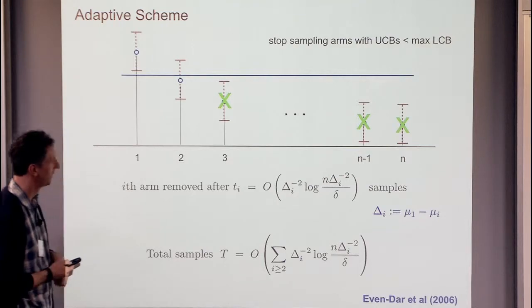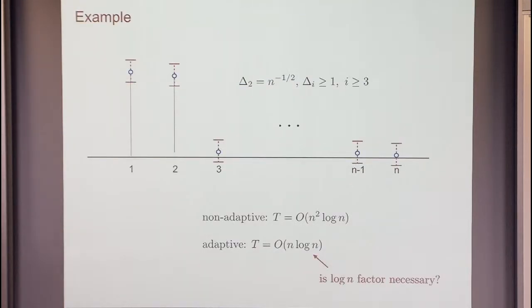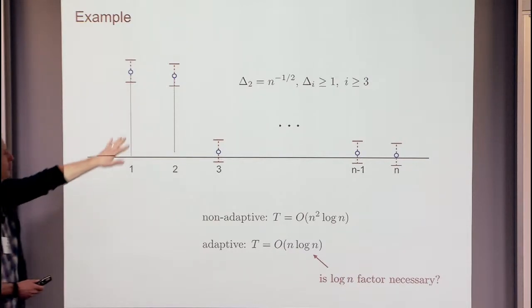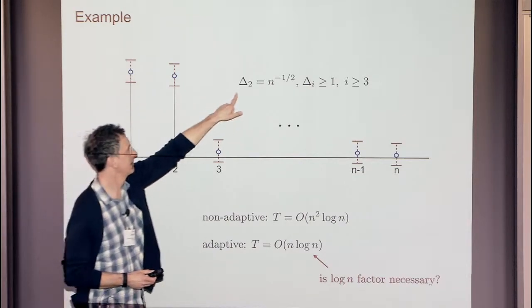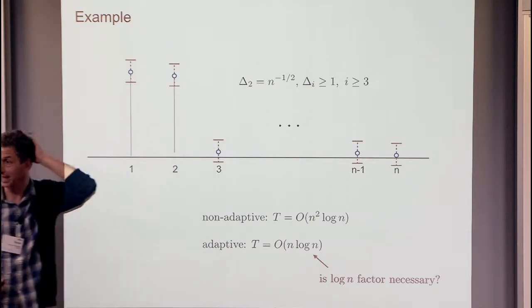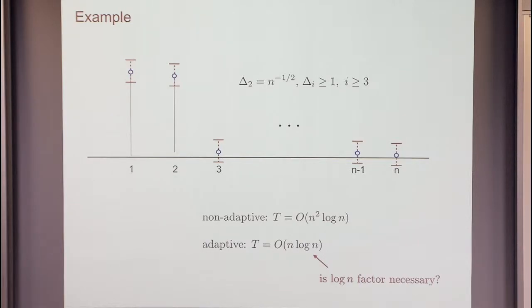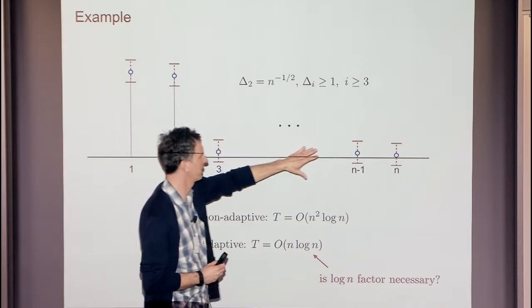And let me just show you an example that kind of illustrates this. So let's look at a case where we have basically two good arms, one slightly better than the other. And in fact, let's make the gap small, shrinking with n. Let's say it's 1 over the square root of n. So those two are pretty darn close. And so you should think we ought to pay most of our attention, most of our judging, on those two to tease out which one's truly better, if we want to give the paper award to the most deserving paper. But all the other papers are pretty crummy, it turns out.